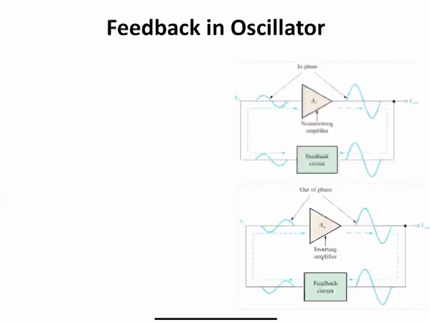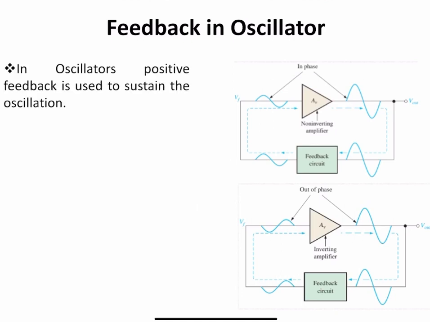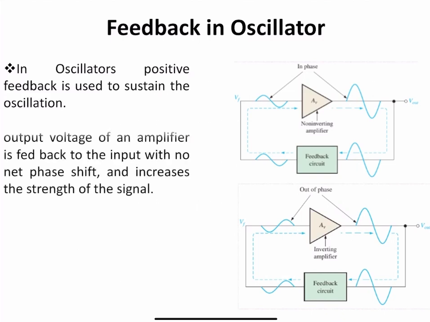Now, feedback in oscillators. What type of feedback is used in an oscillator circuit? An oscillator circuit basically consists of an amplifier as well as a feedback network for frequency determination, or you can say feedback is used to determine the frequency of the signal. In the oscillator, positive feedback is used, as positive feedback increases the gain of the amplifier circuit in comparison to negative feedback. Negative feedback can stabilize the gain, but it will decrease the gain of the amplifier. Therefore, in an oscillator, positive feedback is used.